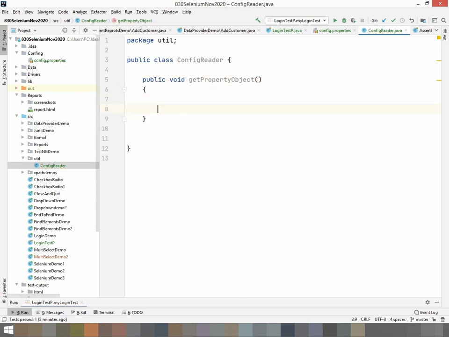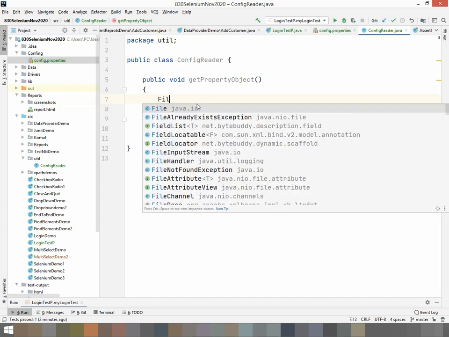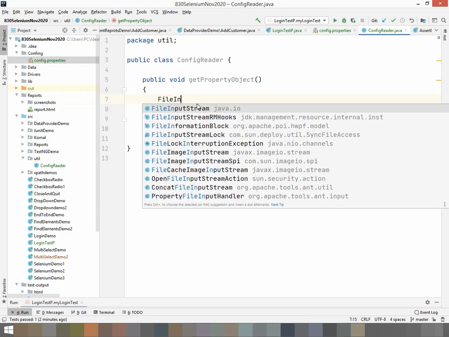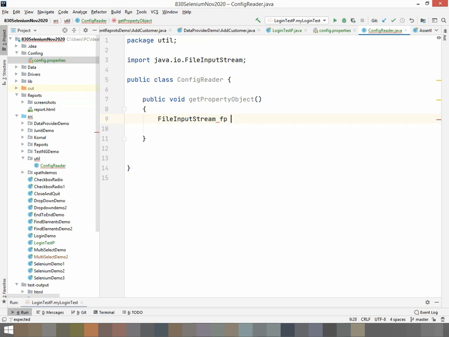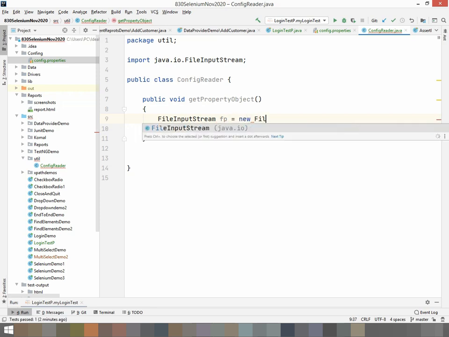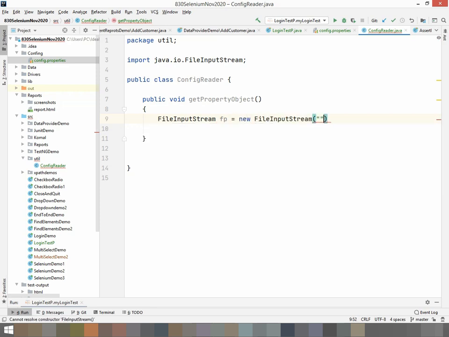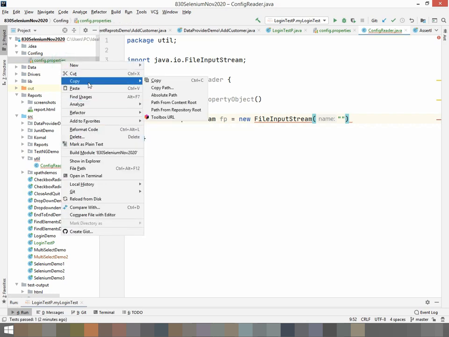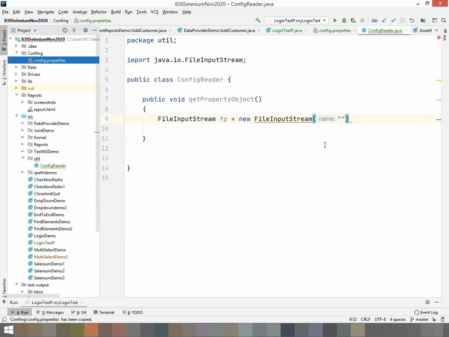First I need to read this property file, so I can read it with the help of FileInputStream. Let's say FileInputStream fp is equal to new FileInputStream, and pass the path of the file. I will use the relative path.